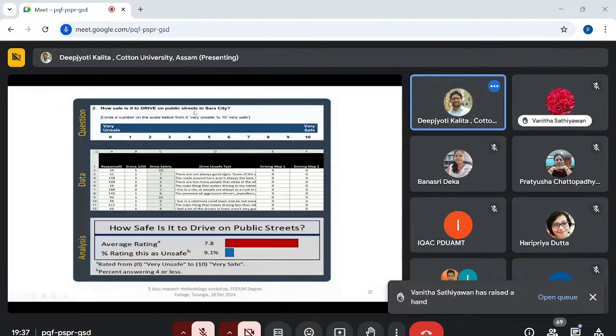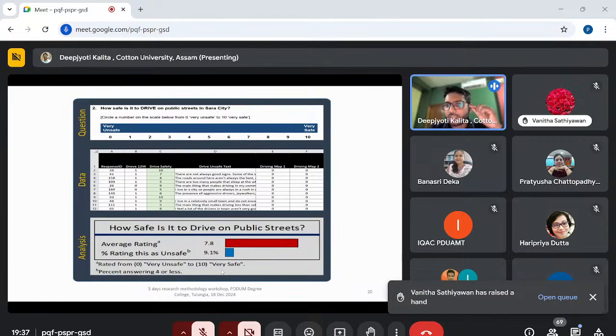So here, suppose the question is, how safe is it to drive on public streets in the city? They have given this rating scale. Here, if you see, there is a certain population also. 158 responses have given 4 rating out of the total responses of the population. So they have a very good number who are dissatisfied. For that dissatisfaction, we have kept a scale of 4. It will be like they are dissatisfied, and we are giving a representative of that population. Like 10% of people have given a rating of 4, even though the average is 7.8. So out of 10, an average rating of 7.8, we can think it's good. But there is a certain population who thinks that it's not safe. 10% think that it is not safe.